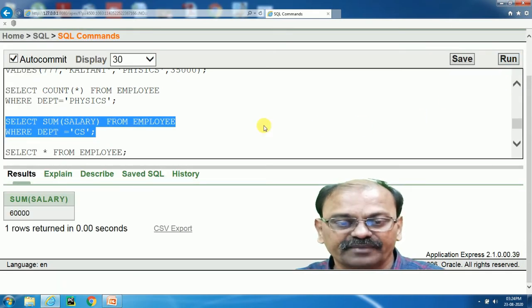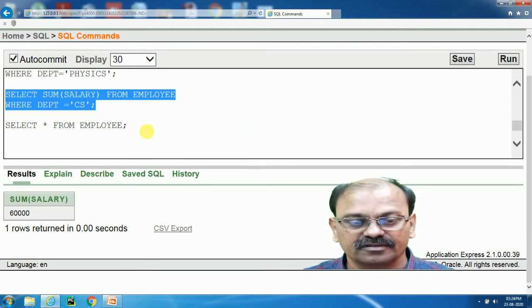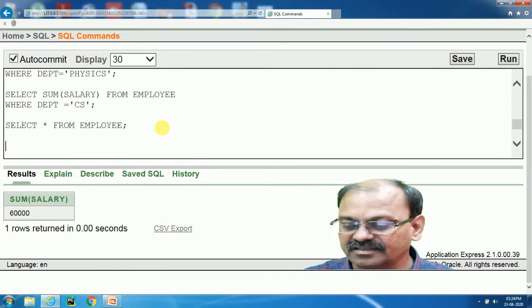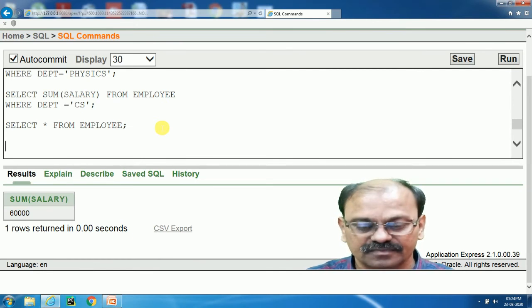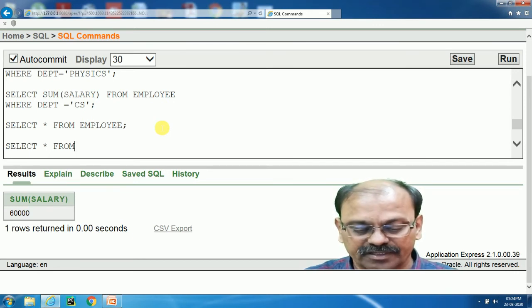Next is where I want a maximum. For that purpose I use MAX. SELECT star from employee.